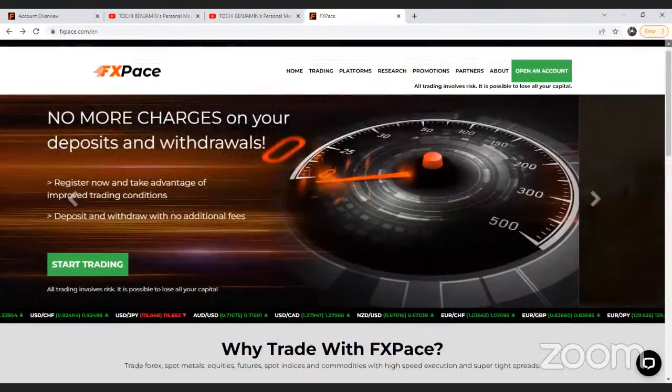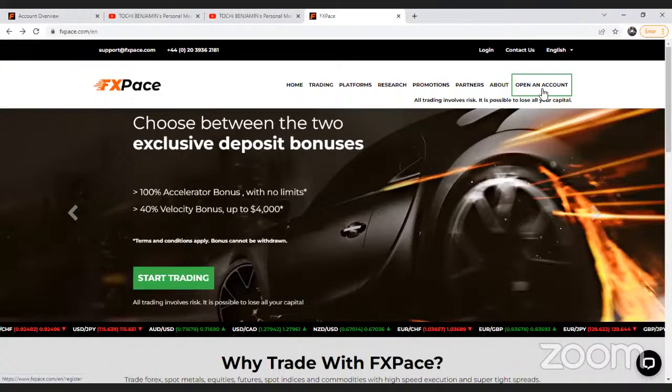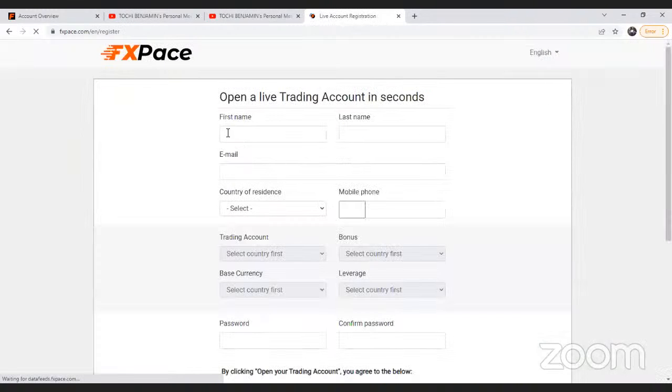For a live account, after doing your demo account, you also come to live accounts. You go to open live accounts. Now put your first name and your last name. Please, these two names are names that you have on your ID card. Any two names you have on any of your valid ID cards is what you put here. Okay, you put your active email address, you put country of residence, where you are, mobile number, trading account number.